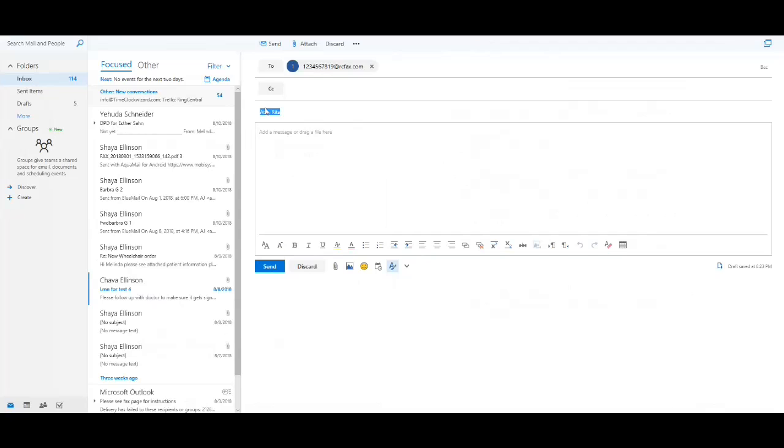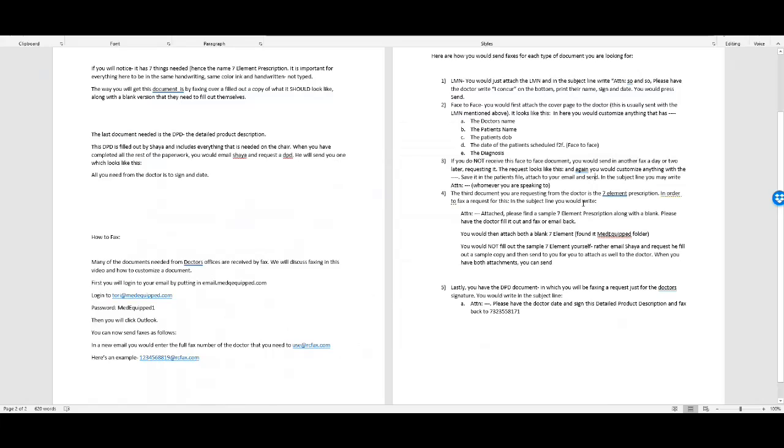And in here, you would be saying, please fill out blank 7-element using the, whatever. I already wrote it in that other paper, but you could use whatever wording you want. Please fill out the blank 7-element using the attached sample. Please have the doctor handwrite it, sign, and date, or something like that. I actually like this a little bit better than how I wrote it. I'm gonna change it over here. Okay. In any case, you would then attach, so then you're saying you're attaching both of those things